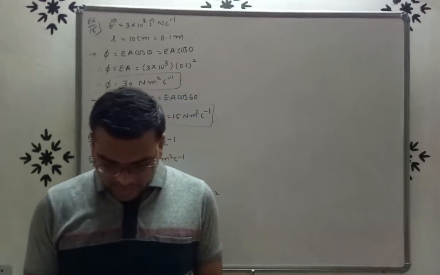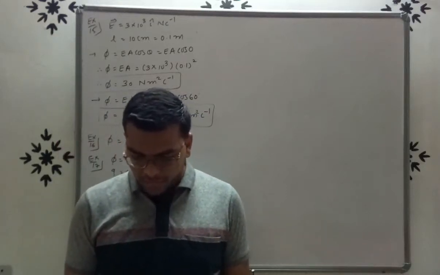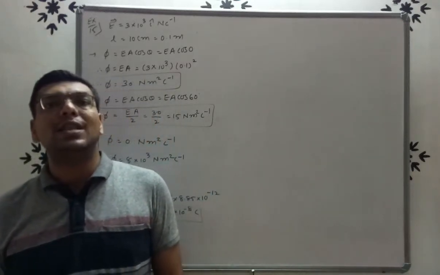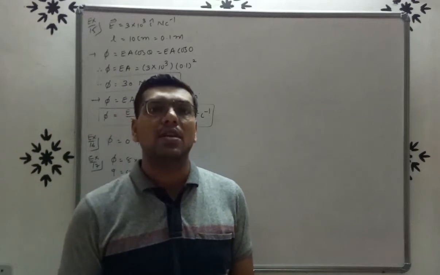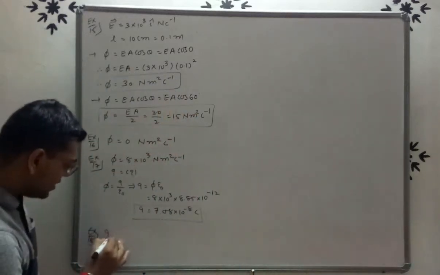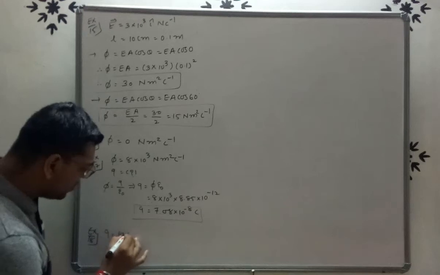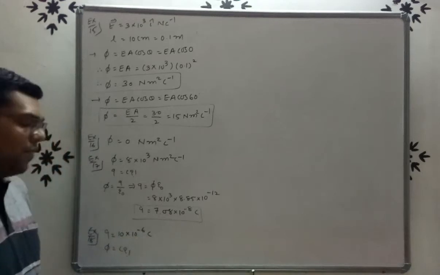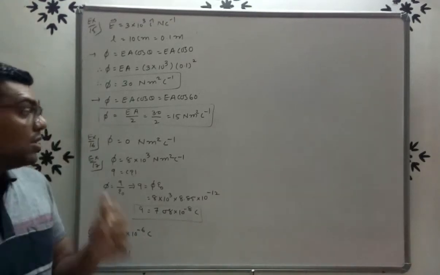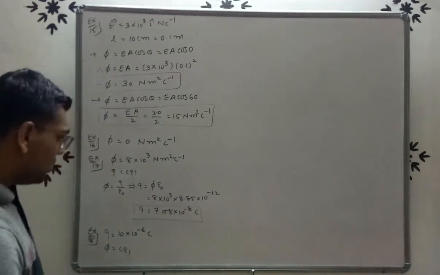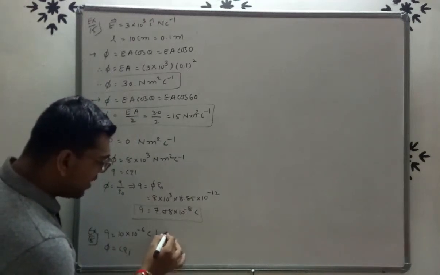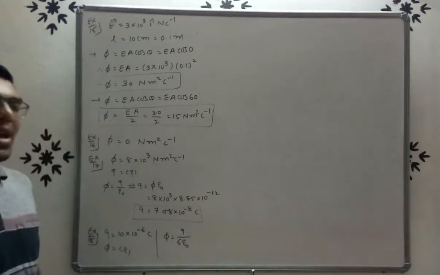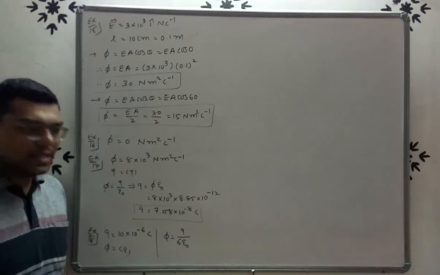Think of this square as one face of a cube with edge of 10 cm. Right, so here a cube is given. We know that the cube has 6 surfaces. The charge q is equal to 10 microcoulomb, so 10 into 10 raised to minus 6 coulomb. We have to find out the value of flux. Now the cube has 6 surfaces, so the flux phi is given by phi equal to q by epsilon 0, but there are 6 surfaces, so we have to divide by 6.